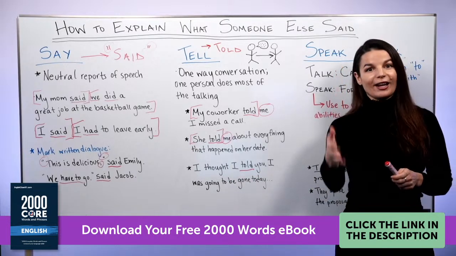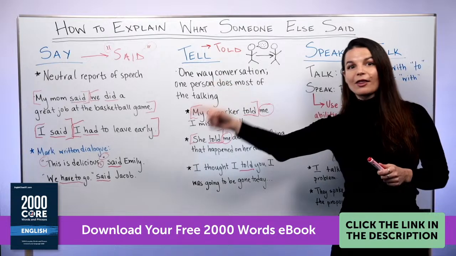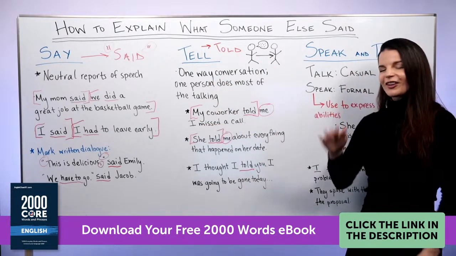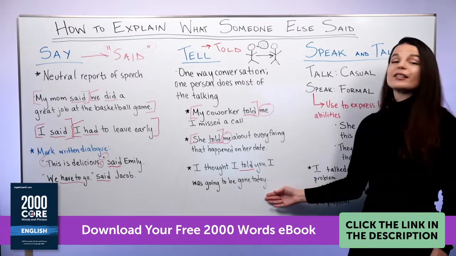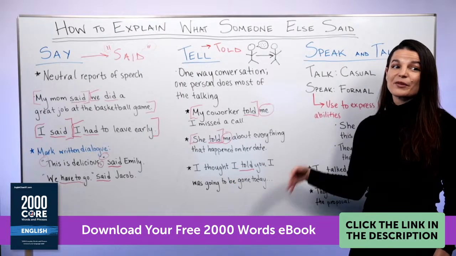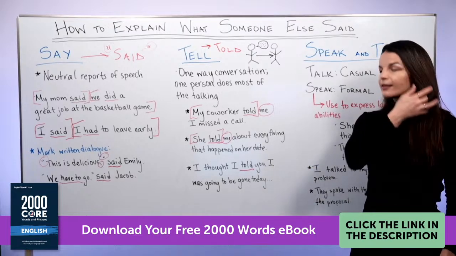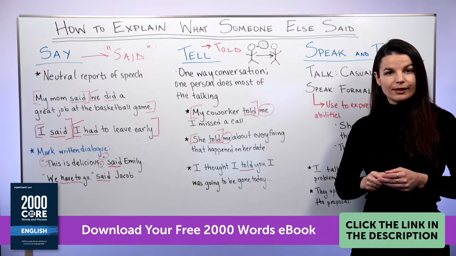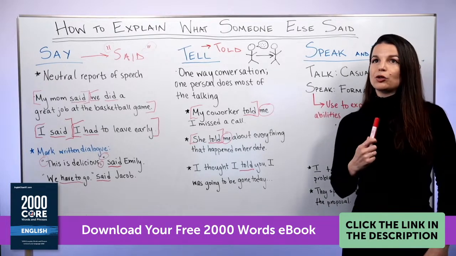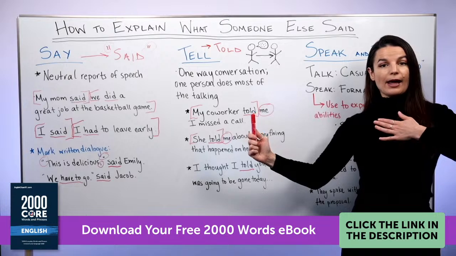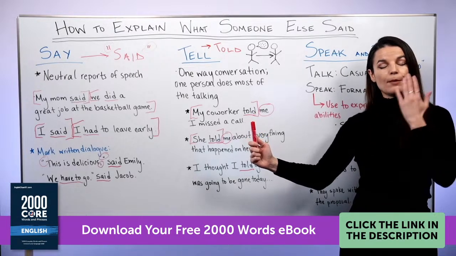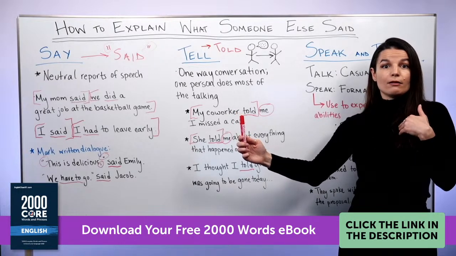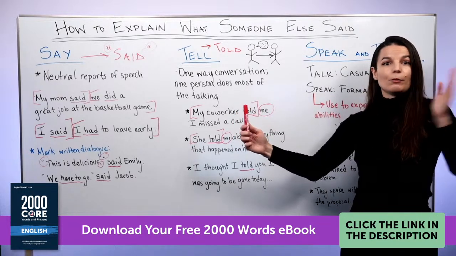So when you forget something, or when another person forgets something. So for example, let's say, oh, let me read the sentence first. Sorry, everybody. So I thought I told you I was going to be gone today. I thought I told you I was going to be gone today. Okay? So what does this sentence mean? We use a sentence like this in a work situation, let's say. So I am in the situation and my coworker, yeah? I had plans to be gone from work today. I'm not coming to work today. But my coworker forgot. Or maybe I forgot to tell this coworker. Maybe. We don't know, right?